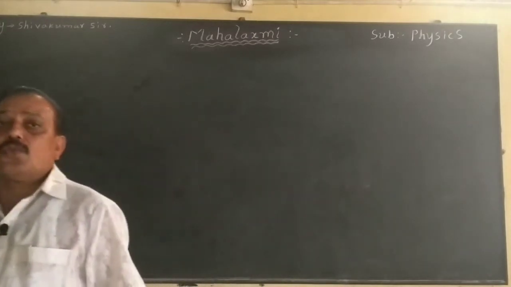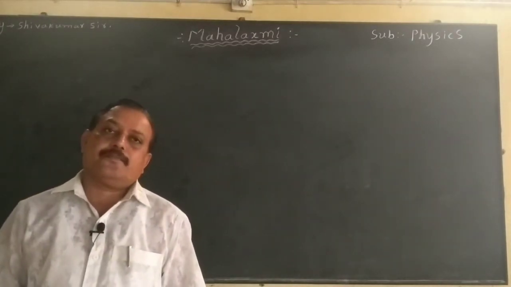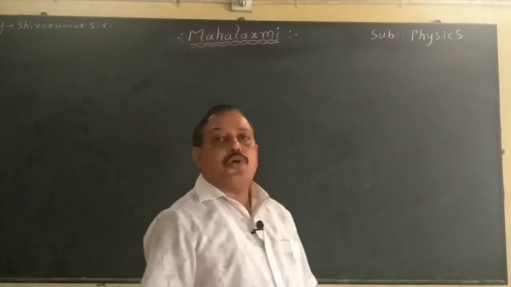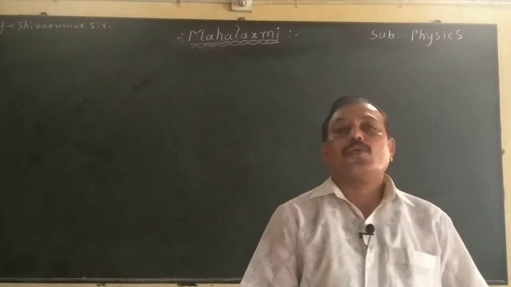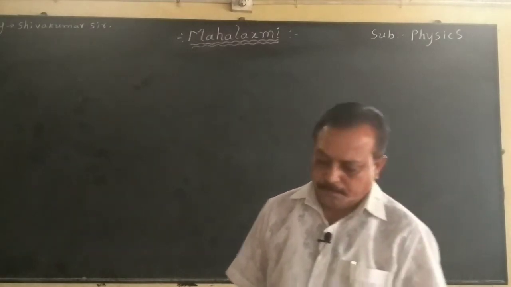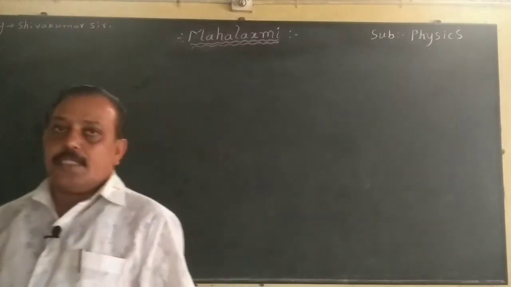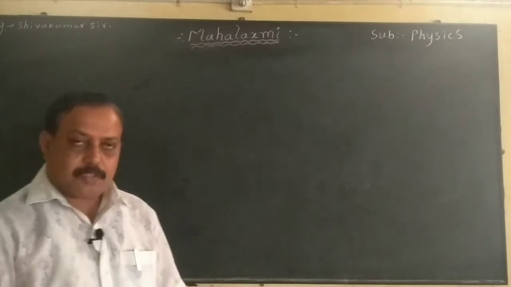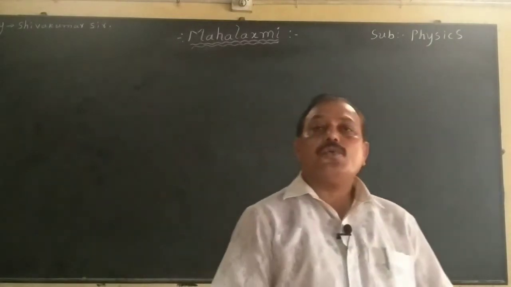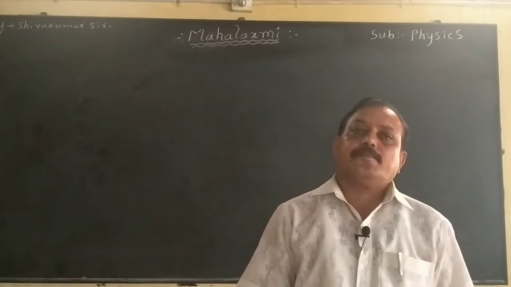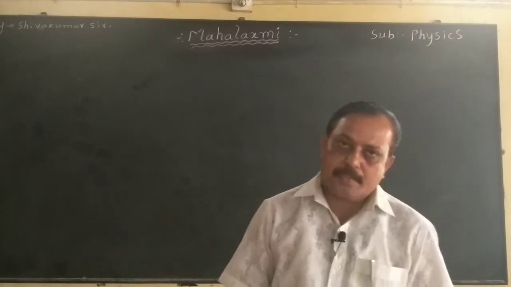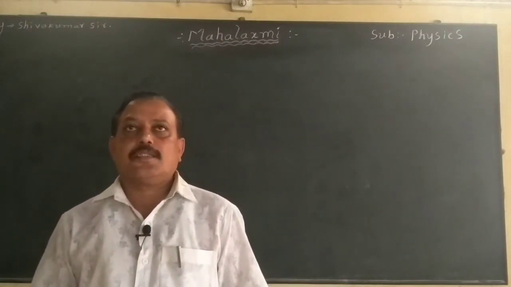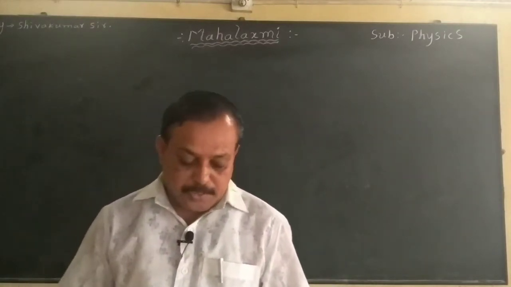Already we have got Coulomb's law in electrostatics. Even though we have Coulomb's law in electrostatics, we are introducing a new law, a new theorem, that is called Gauss theorem or Gauss law. What is the reason for introducing the Gauss theorem? Coulomb's law is meant for only two point charges separated by a certain distance. You know how to calculate the force, and from that how to calculate the electric intensity, etc.